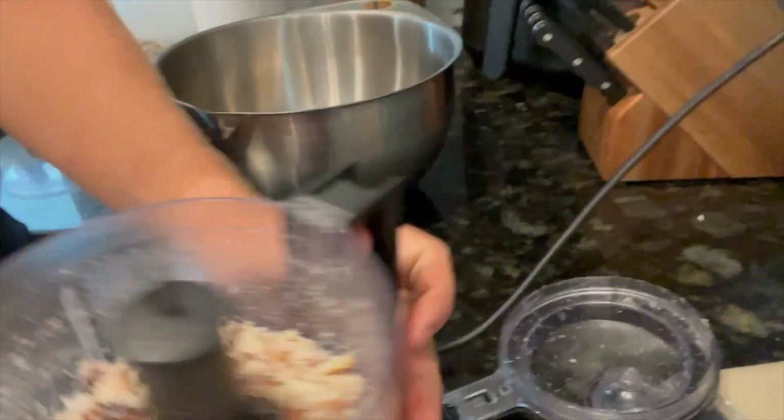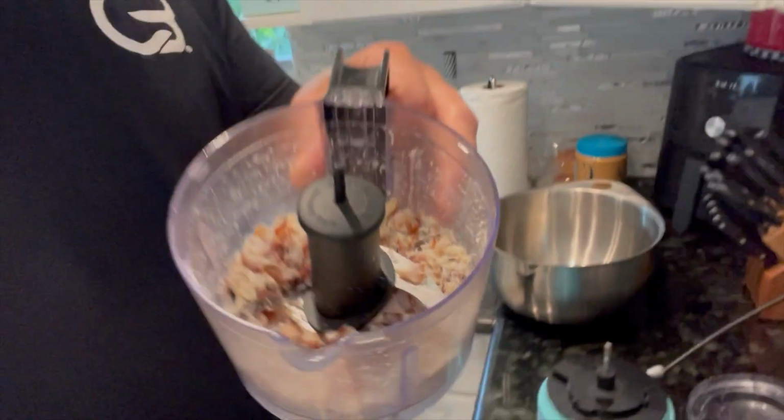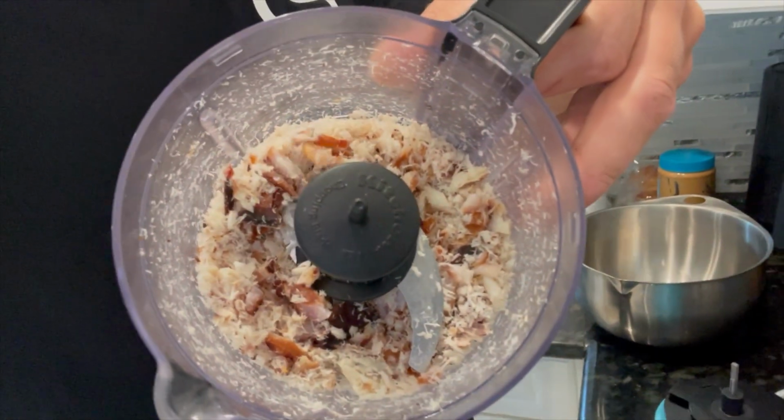It all depends. I like it. I actually prefer it to be a little bit chunky because I like little chunks of fish in there. So you guys can see that's kind of the consistency here. Still a little chunky, but